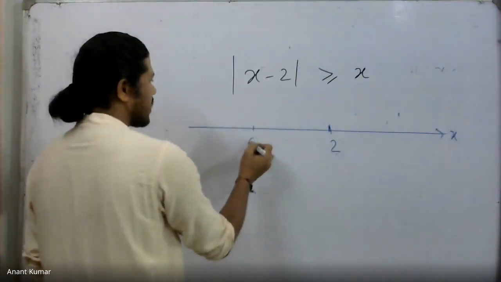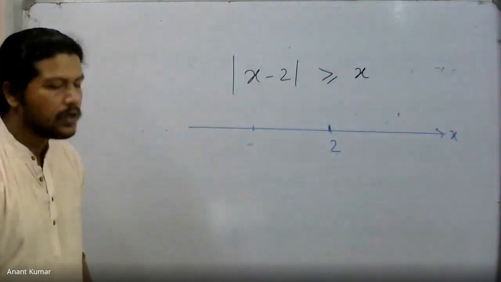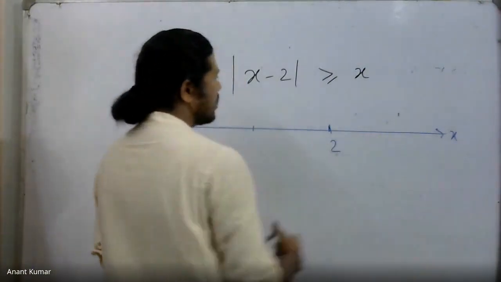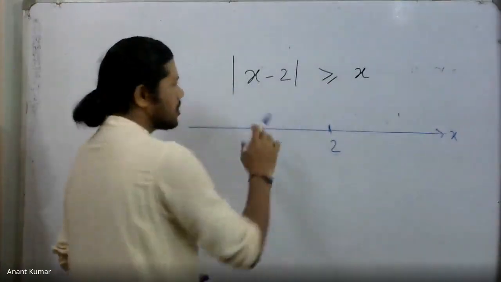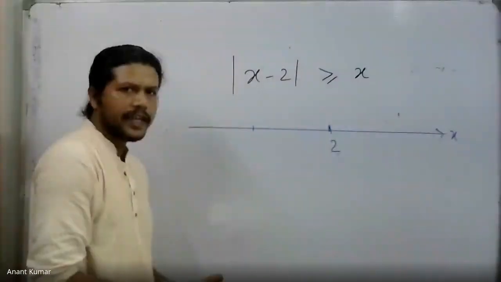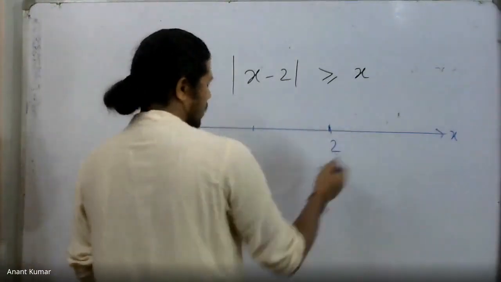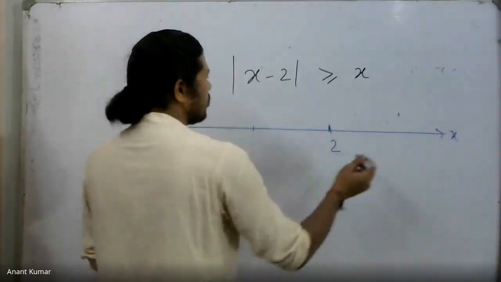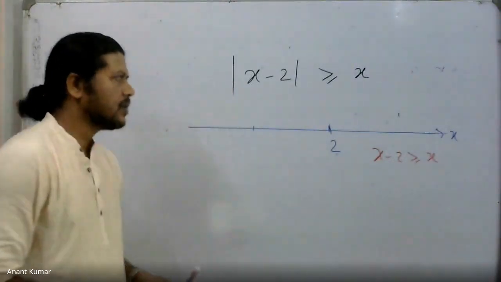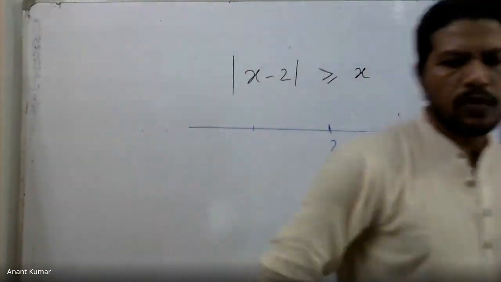So I'm going to look at the x-axis divided into two regions. One which is to the right of the point x equal to 2, the other one to the left. First let's look at this side. I notice on this particular side, because x is more than 2, therefore mod of x minus 2 simply becomes x minus 2. Therefore, on this side, the inequality is identical to x minus 2 more than or equal to x. However, that gives us a null inequality because it will never happen that x minus 2 is more than or equal to x.